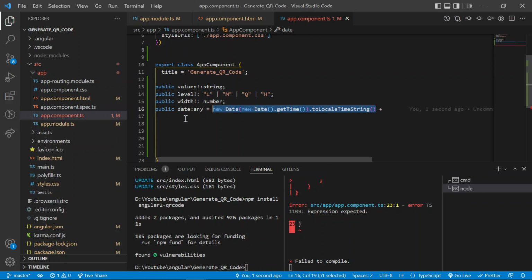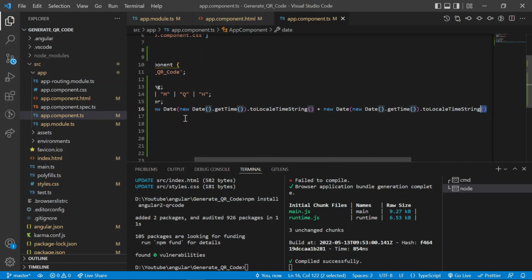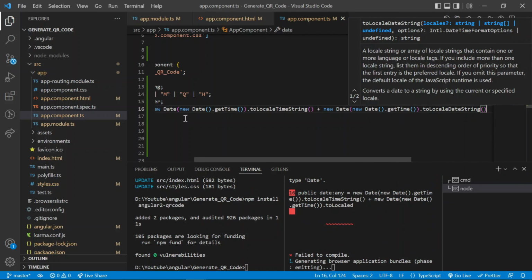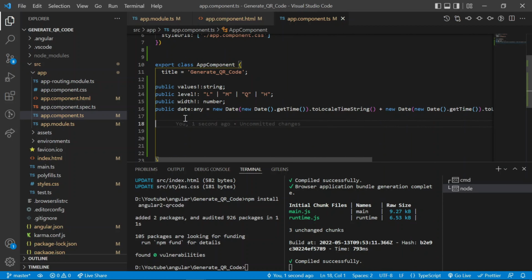Now I got the time and I want the date. So for that, it will change to toLocaleDateString. So the value is changed.